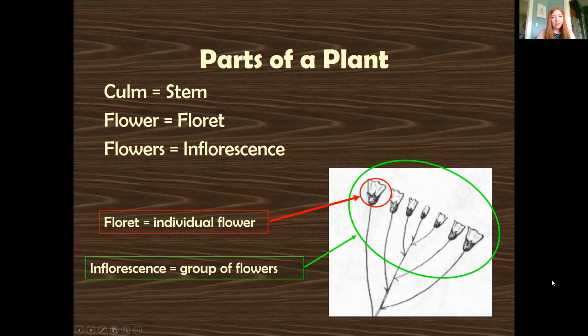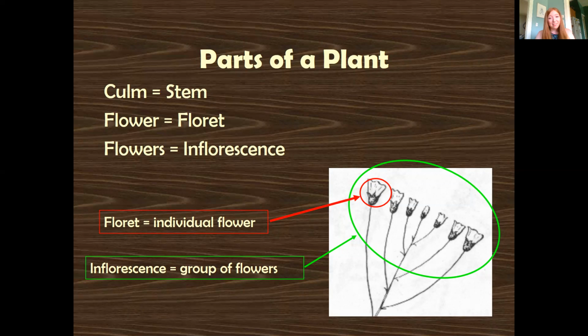Okay, so now we're going to get into some of the parts of a plant. These are important terms to know. A culm is another word for the stem. Flowers can also be called florets. And when you have a bunch of florets together, that's called an inflorescence. Now, inflorescence is a really important term to know because a lot of times when you're describing a flower, you're